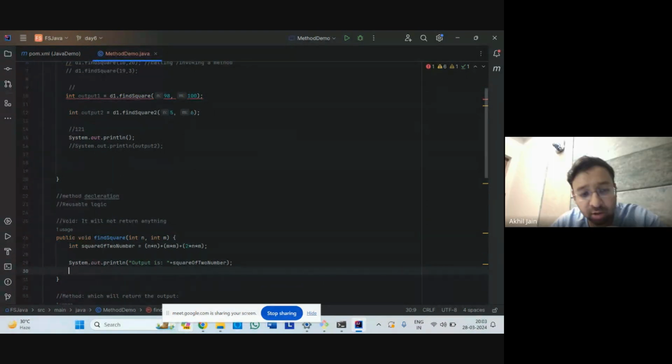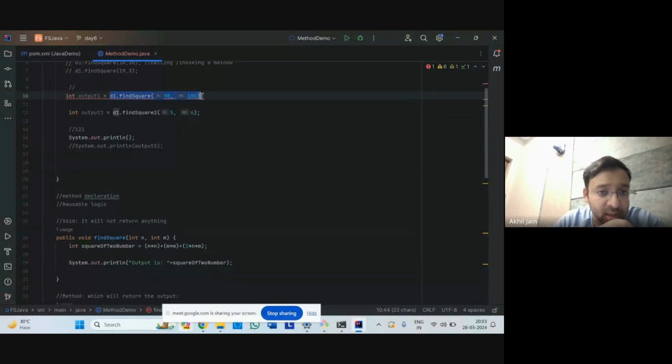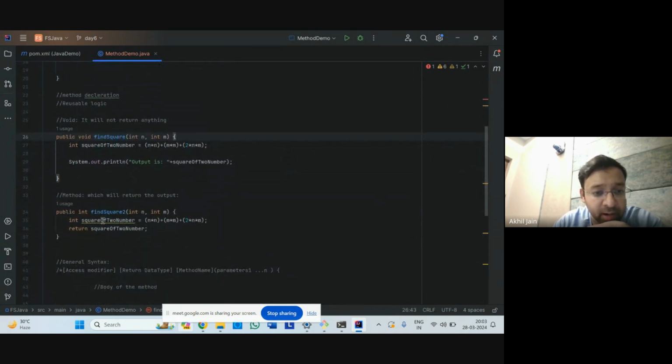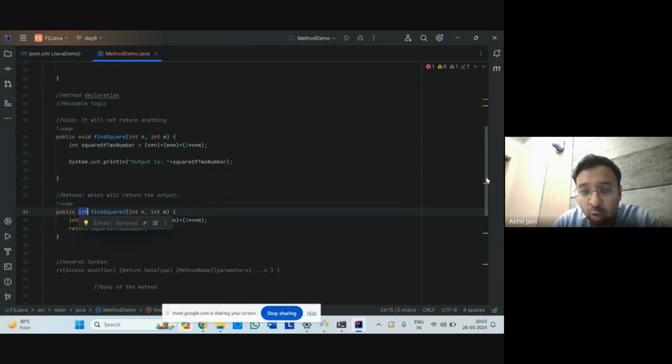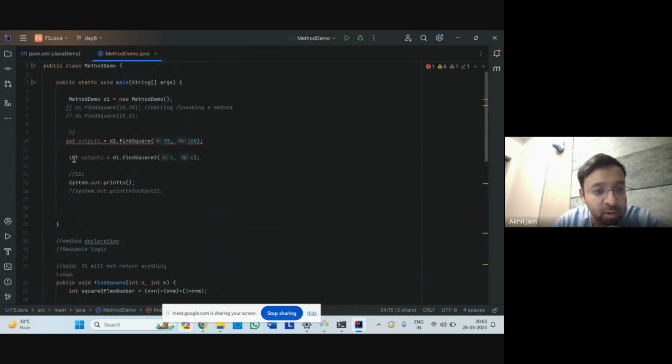If you're not returning anything, how can you assign it to a variable like this? This will not result in anything. It is like nothing here. It will not return anything, so you cannot assign this to a variable like this. But in the other case, if you are returning something from it, let's say here we're returning an int value, accordingly you can assign it to a variable of that same type. So here this works,